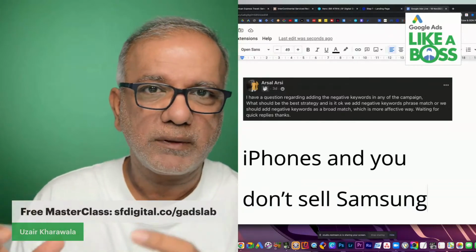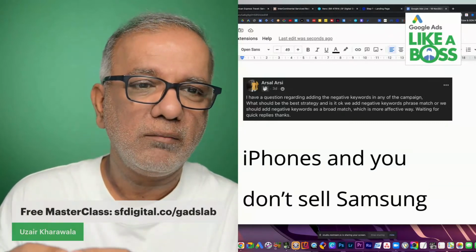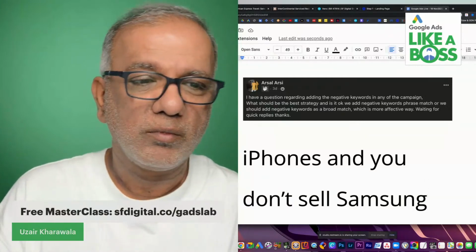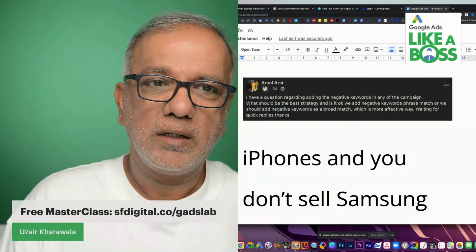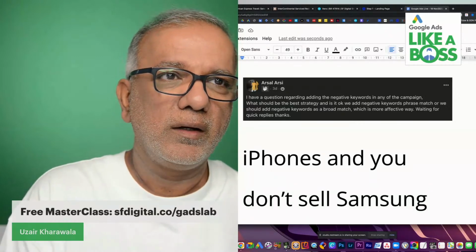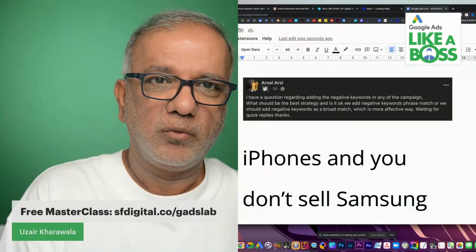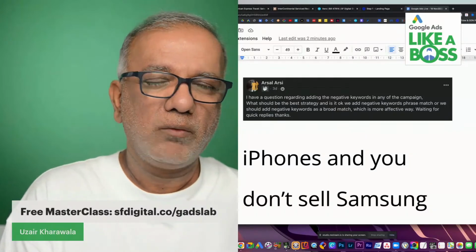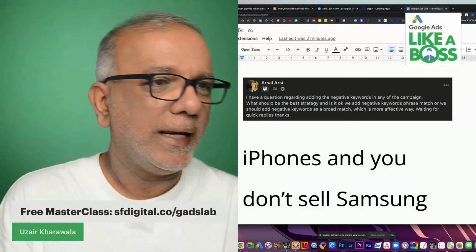Because if you put this Samsung as a negative in an ad group or at campaign level, then other campaigns will probably, definitely, show your ads for Samsung as well. So I would say put them in an account level negative keyword list, and you should always have one master account level negative keyword list, which will have all sorts of